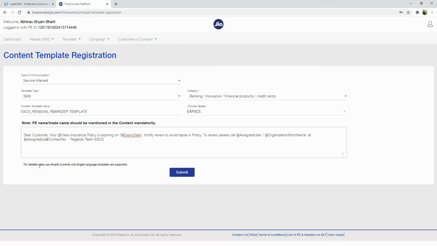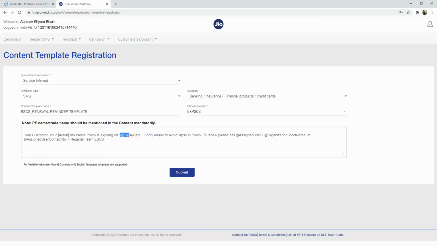So if you observe over here, for parameters or variables, that's what we call it in this telecom operators portal, we need to use the text var in brackets. So wherever you have this parameter, we'll replace this with this option.